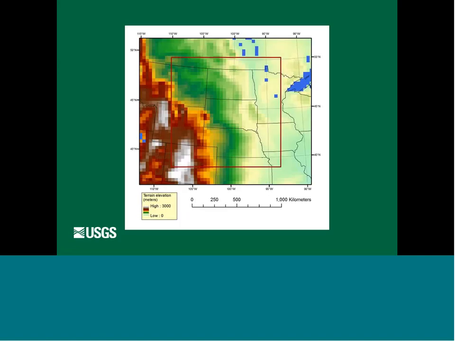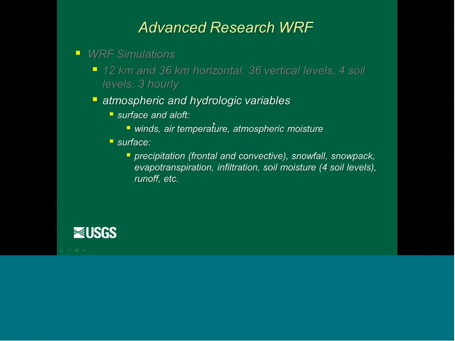I'm going to zoom in on this 12-kilometer area. This is what it looks like at a 36-kilometer resolution. There's the Black Hills right there. And then if we go to 12 kilometers, you're really starting to see some of these details, which is the kind of stuff where the Park Service in this area wanted to show this detail and this variability. Okay, Advanced Research WRF, so that's the area in the domain.